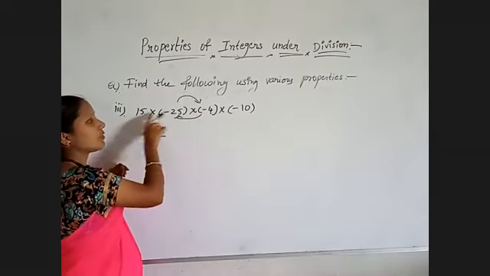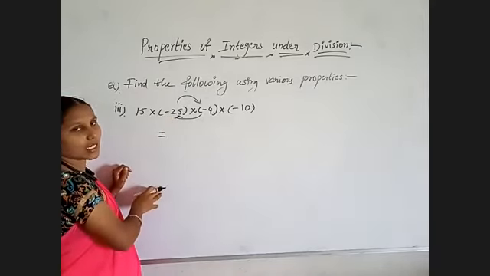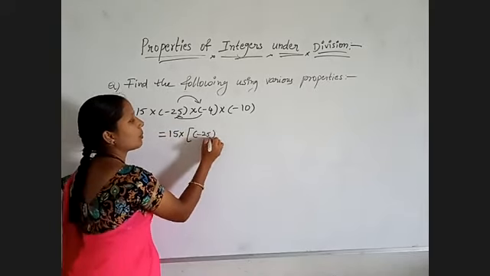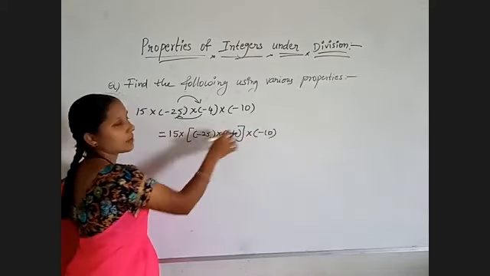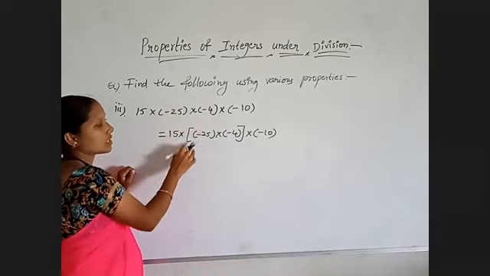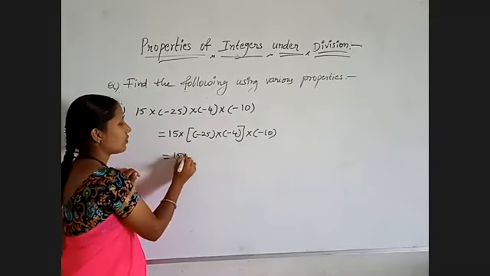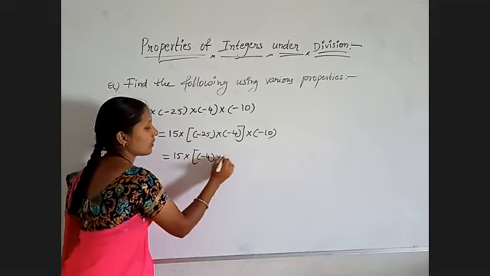For this side, 15 into 4 is 60. 25 into 10 is 250. Then I will get 0 in both the places. So interchange this. First of all, whatever you want to interchange, keep a bracket for those two numbers. See, always interchange the second and third numbers. So in whatever examples I have shown now, in those places I have changed the second value and third value. So now complete it. 15 into minus 4 this side and 25 is this side.